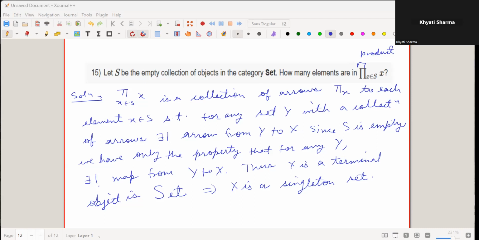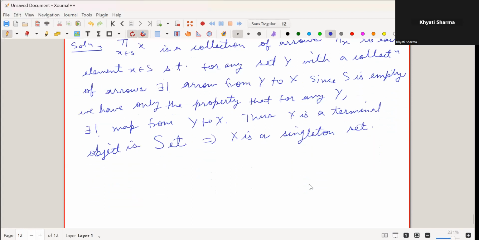Because if you have a set with two elements, then you can define more than one possible map from any other object. For example, say the set X has two elements a, b, and y is any other object with say